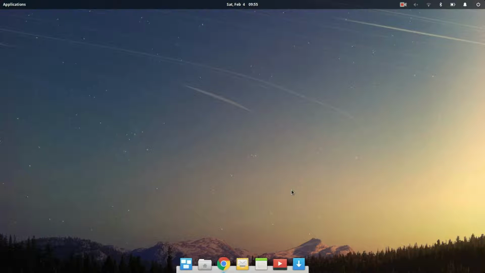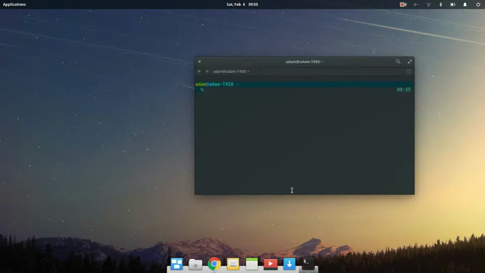So what we're going to do is open up the Pantheon Terminal, and we're going to say sudo scratch text editor, and then we're going to go to user, share, applications, GNOME Terminal desktop,